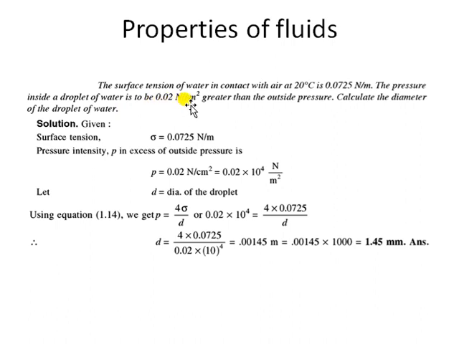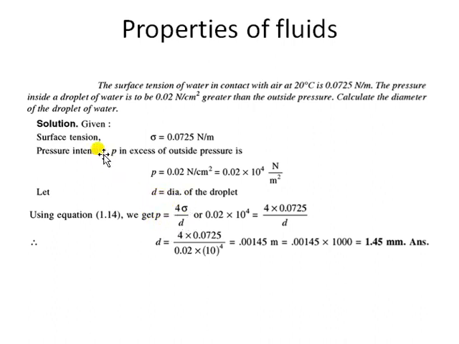Since it's centimeter square, we'll convert it into meter square because the SI unit of pressure is Newton per meter square or pascals. Fine. So we'll do it at a later stage. Now calculate the diameter of the droplet. It's asking, based upon the pressure and surface tension, what could be the diameter of the droplet. So we are going to use the relation we discussed in the last class for the liquid droplet: P = 4 sigma by d. This relation is mentioned over here also.